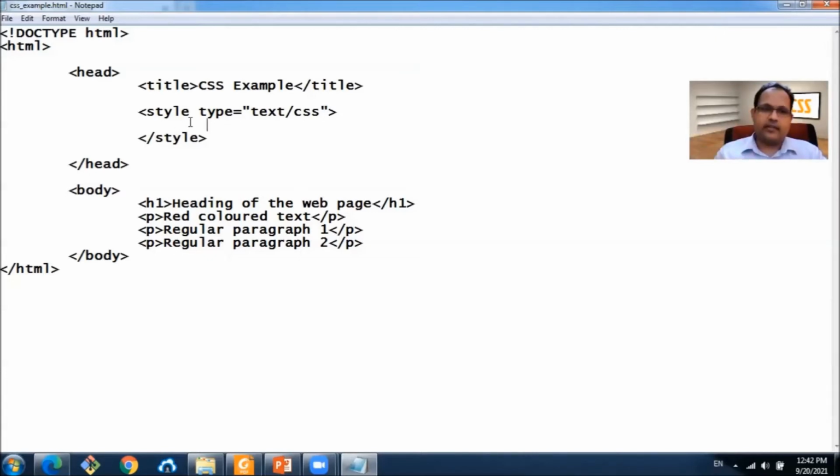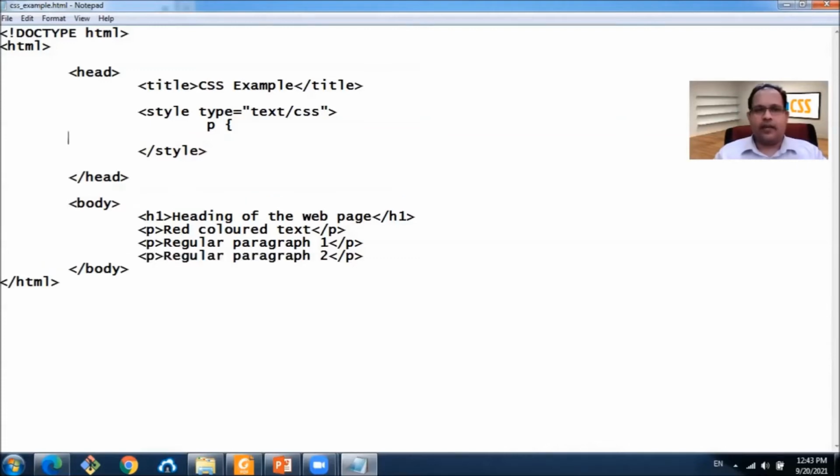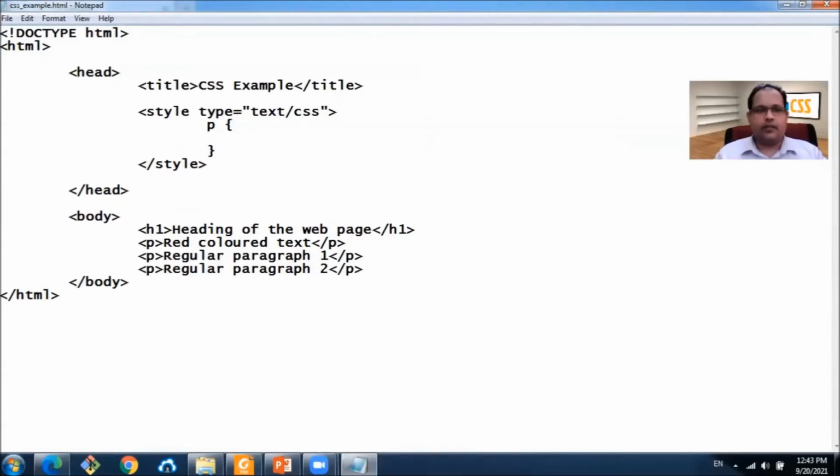Between these 2 tags, we specify the styles that we want for every HTML element type. For example, paragraphs within the web page. Okay. So for the paragraphs within the web page, I want them to have the color green.